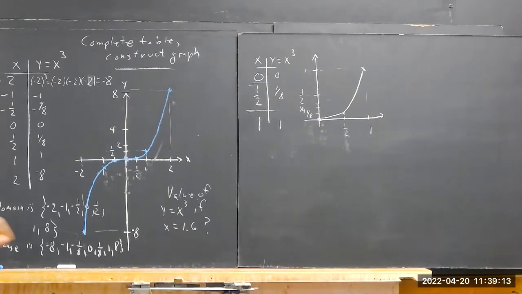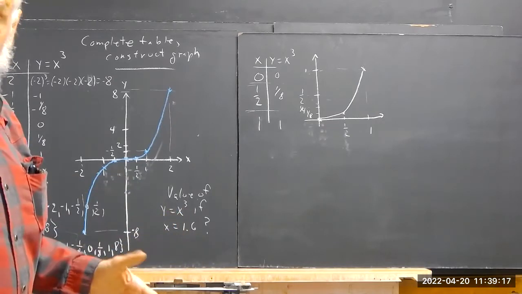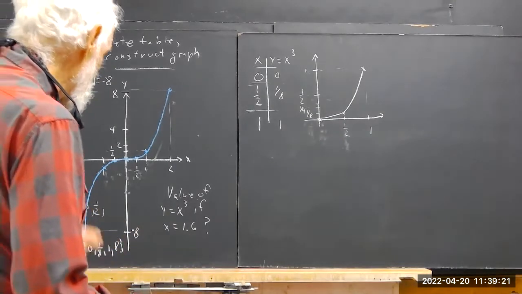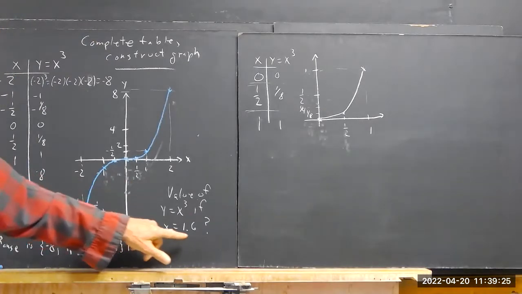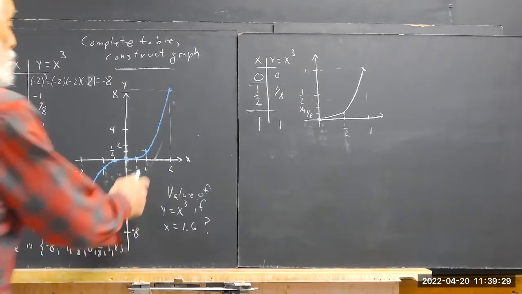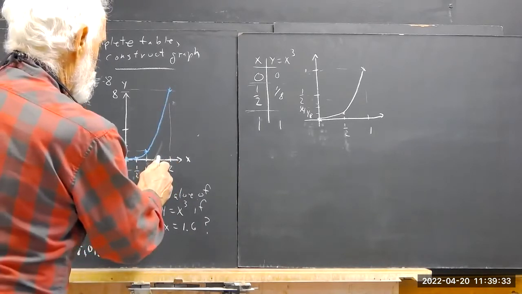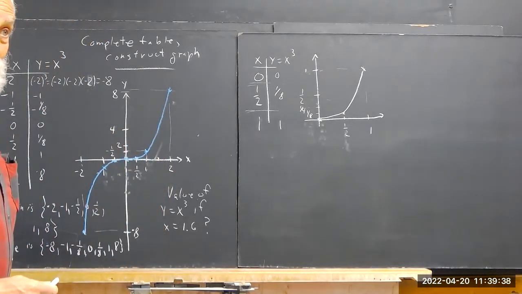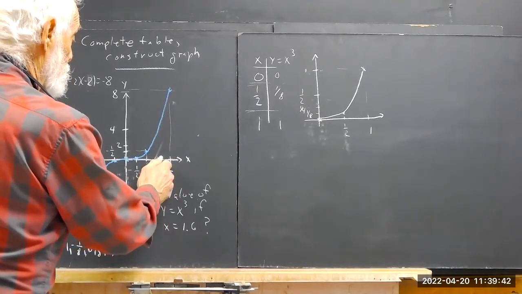Okay, so here's what I would do. A couple of you did it, and a couple of you were very close. And at least one of you was right on track, and I think you probably ended up doing it. Okay, where's 1.6? X equals 1.6 is going to be on the x-axis, right? It's going to be between x equals 1 and x equals 2. Well, we could subdivide this to get x equals 1.5, right? And then we divide this interval into 5 parts,